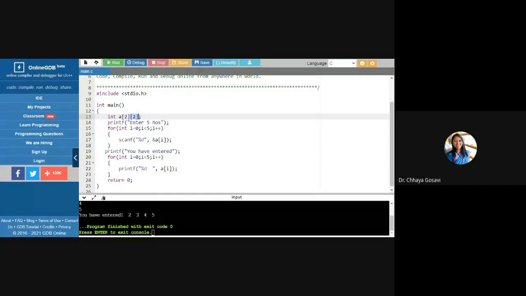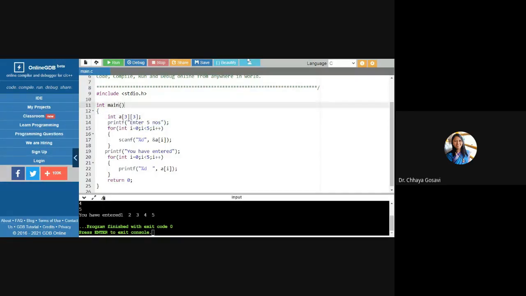And to accept values or to display values, we need 2 for loops, right? And 2 indices, i and j. We normally use these indices. This defines the number of rows and number of columns, a 2 by 2 or 3 by 3 matrix.